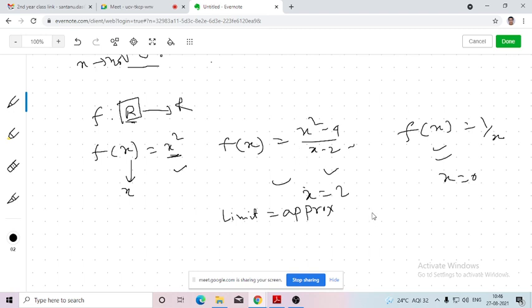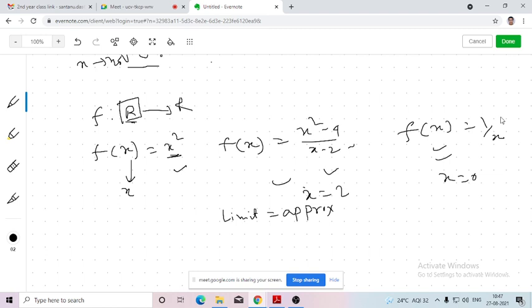Since at x = 2 the function doesn't have any appropriate or exact value, by taking the limit we want to check whether the value of the function can be approximated at x = 2 or not. If it can be approximated at x = 2, we say that the limit exists, and if we can't approximate the functional value at x = 2, then we say that the limit doesn't exist.